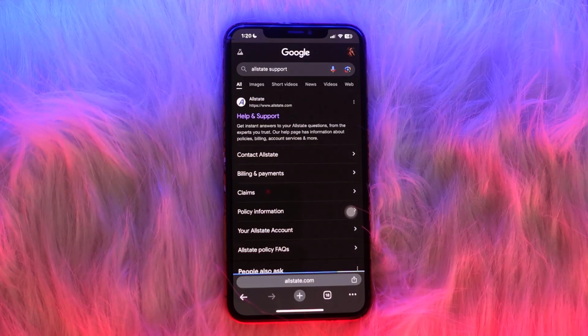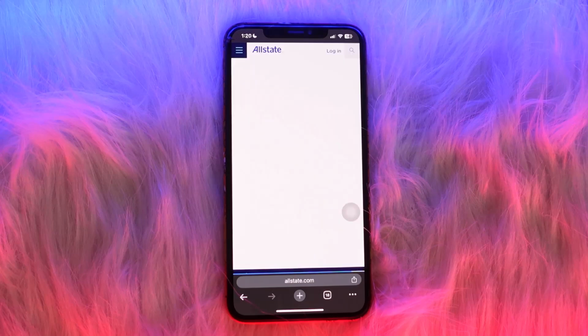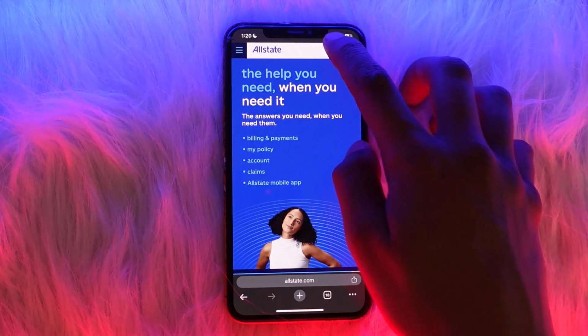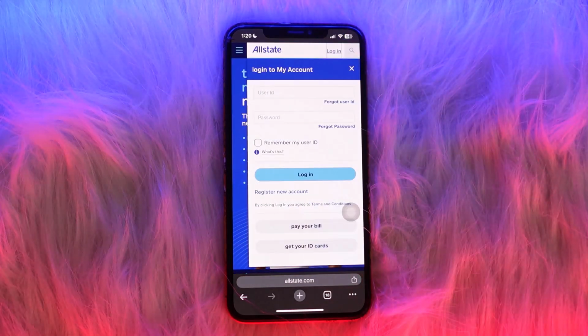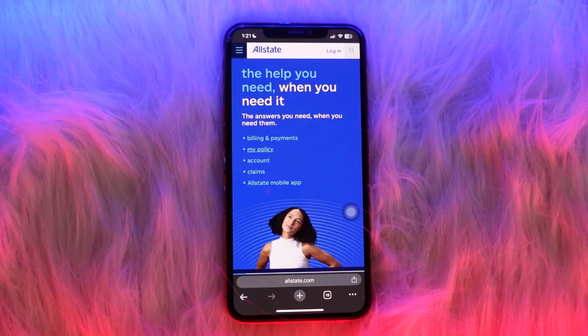Now once you tap on it, you'll be redirected to the home page of Allstate. Now on the top right corner you'll be seeing the login option. Simply enter in your login details. Now once logged in, all you gotta do is go to your policy section, then tap on manage vehicles under